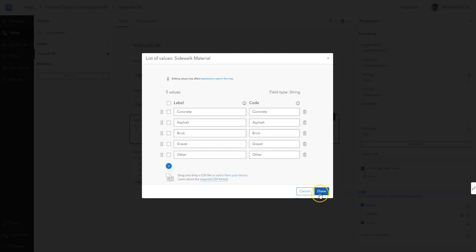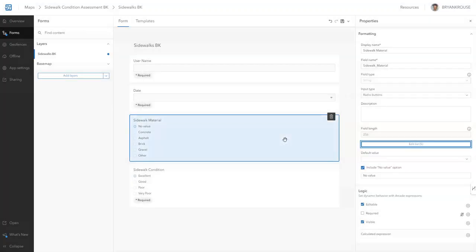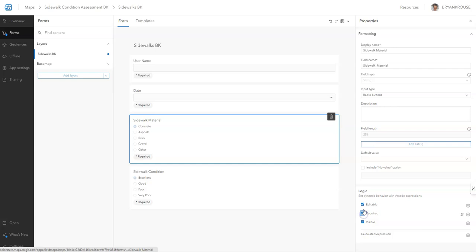So then we can say, okay, we're done. Continue. And so we have this. Again, we don't want the no values, and we want it required. So we have these conditions. The next thing we want to have is